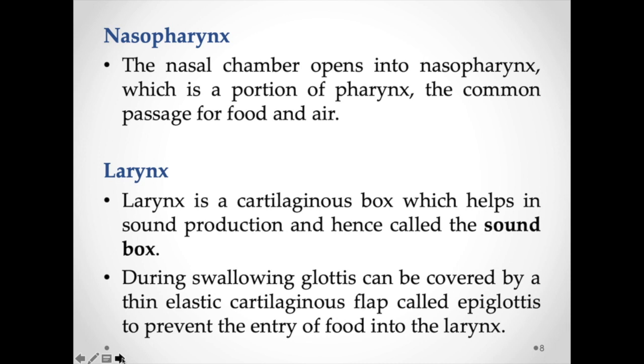Nasopharynx. The nasal chamber opens into the nasopharynx, which is a portion of the pharynx, the common passage for food and air. Larynx. The larynx is a cartilaginous box which helps in sound production, and hence it is also called the sound box. During swallowing, the glottis is covered by a thin cartilaginous flap called the epiglottis to prevent the entry of food